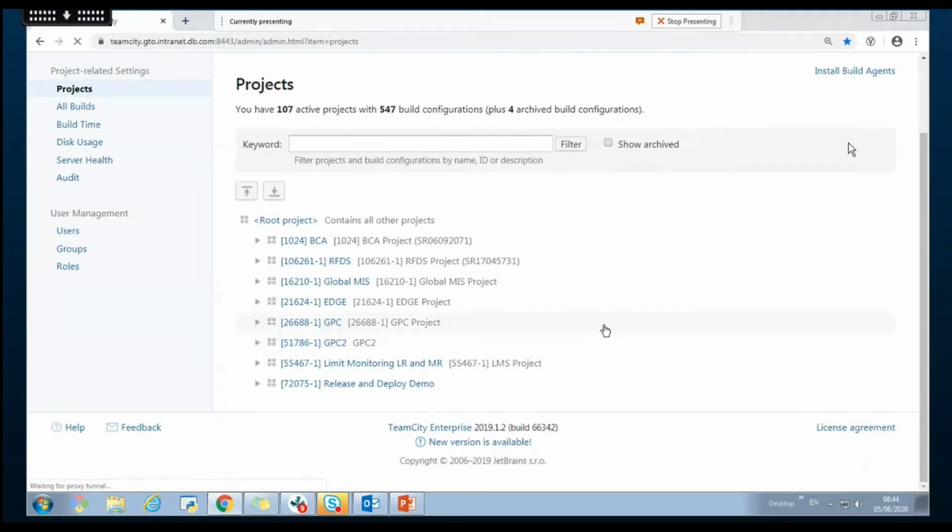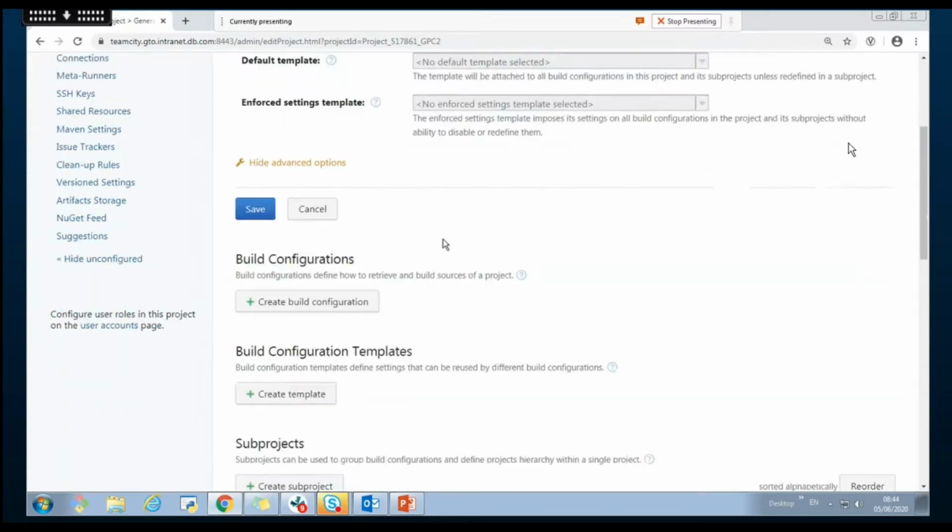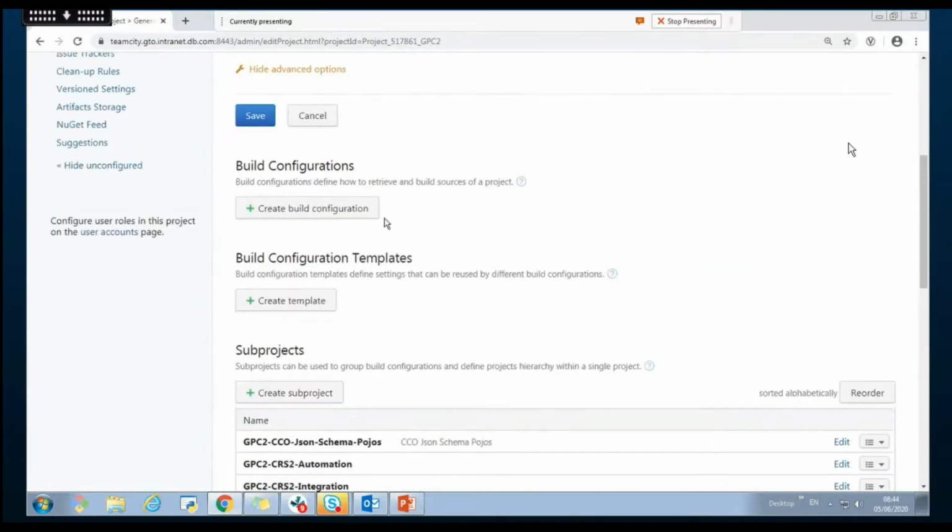So coming to a project, GPC2, as I said earlier, every project will have a name and a project ID, which is unique, and the description can be anything you want to give. When you come down, you'll see create build configuration and create build configuration templates. If you want to have a build configuration for some particular jobs, you can have a template and then use it for all the builds which you have in the project,